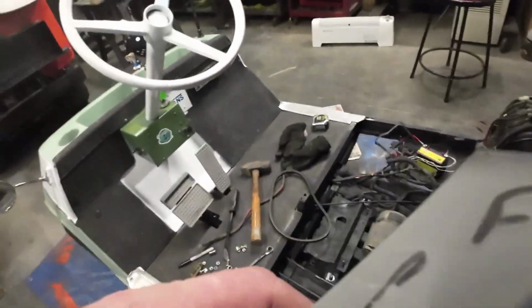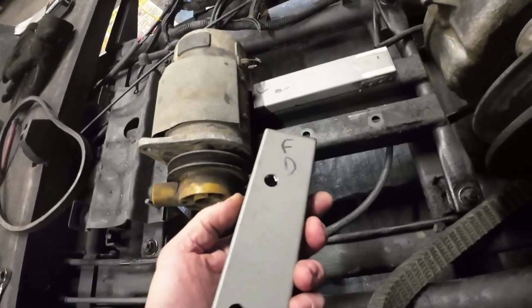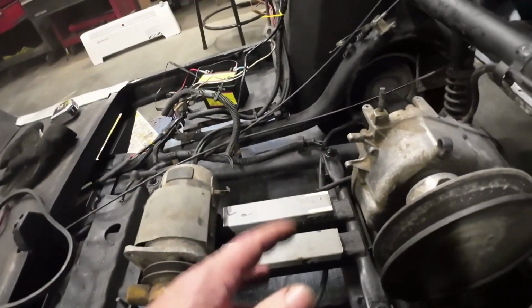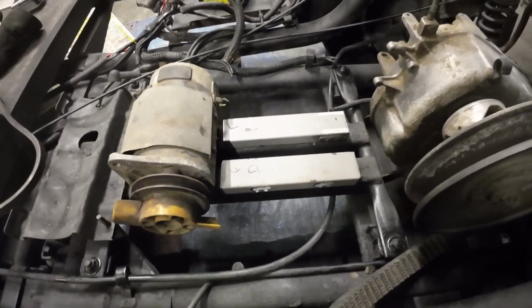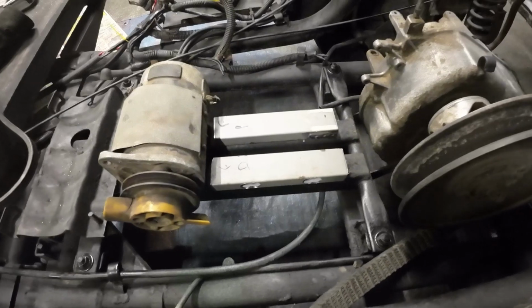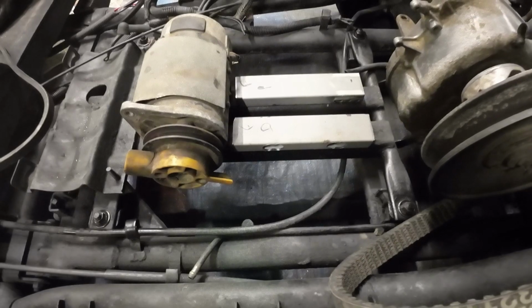What I'm going to do now is, I've already marked off where these are and what they're for, driver's front, passenger's front, and I'm going to put the bolts in, mount these down, and then set that engine back in with the pulley so everything's lined up. Then I'll take a Sharpie and draw right around the base, and from there I can measure and know exactly where to drill the little holes to mount this. And then once I mount it to that and set it back in here, I should be able to put those bolts back in from underneath and tighten them up,